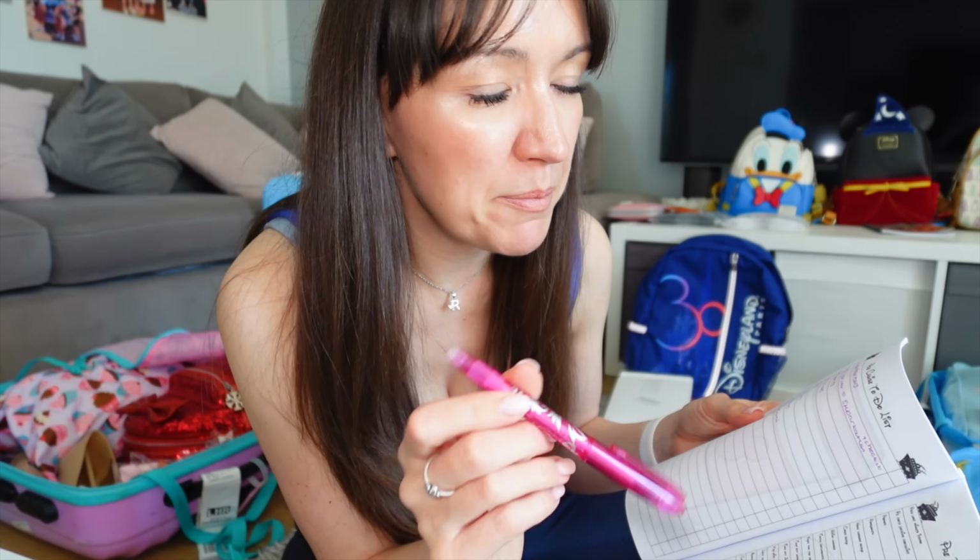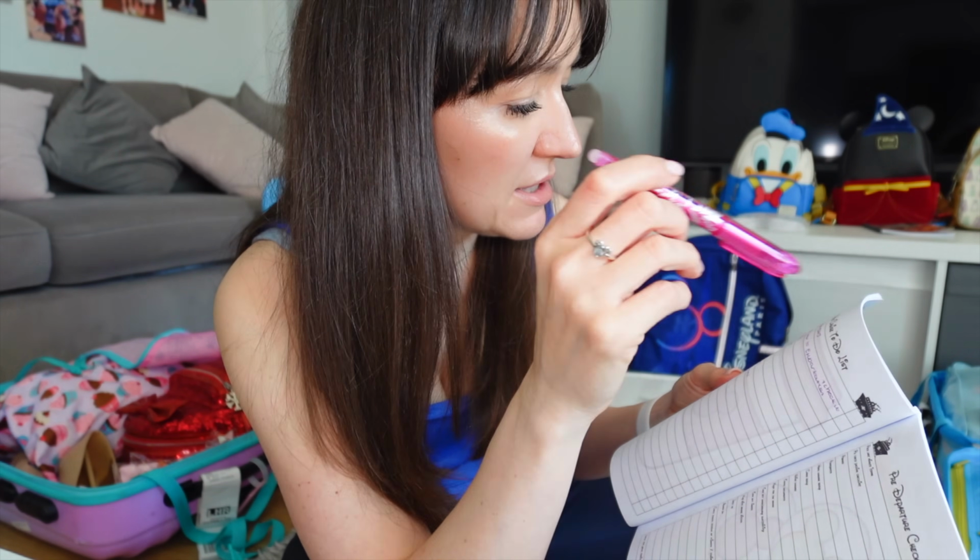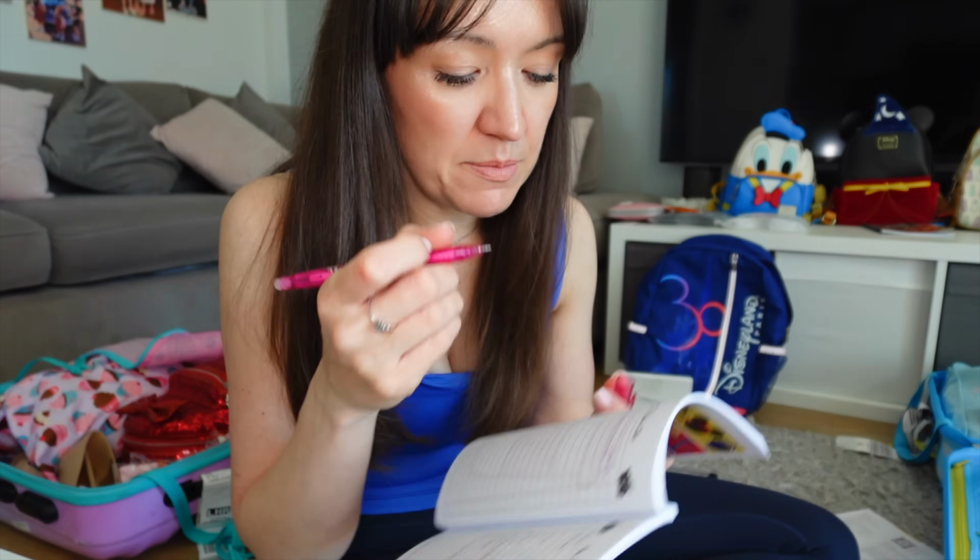For some reason, I cannot find Bella's Bo Peep ears, but I have packed pink ones just in case. I need to add shorts and underwear to the embarkation. Now, those shorts I washed are drying upstairs, so they still need to be added in. I've done the